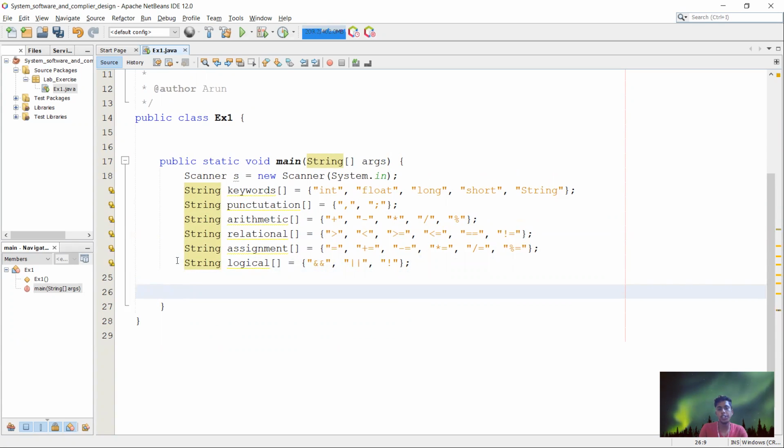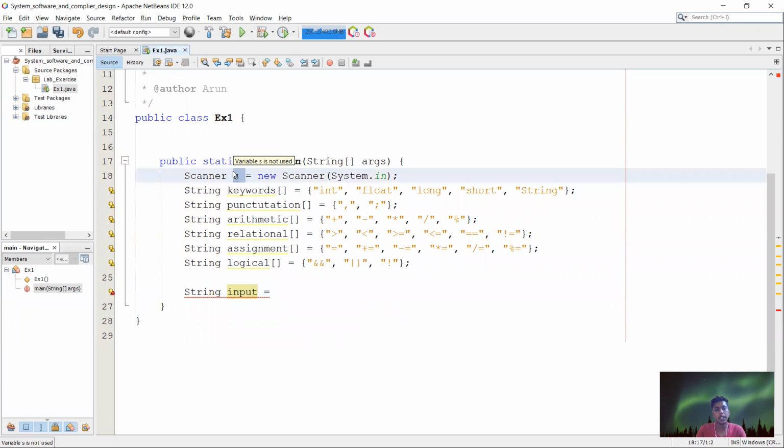First of all, we need to get input from the user. I'm taking a string as input, and I'm going to implement this in Java. For getting string input, we need to use the Scanner class in Java, because through the Scanner class we can get input from the user. I am creating the Scanner object called s.